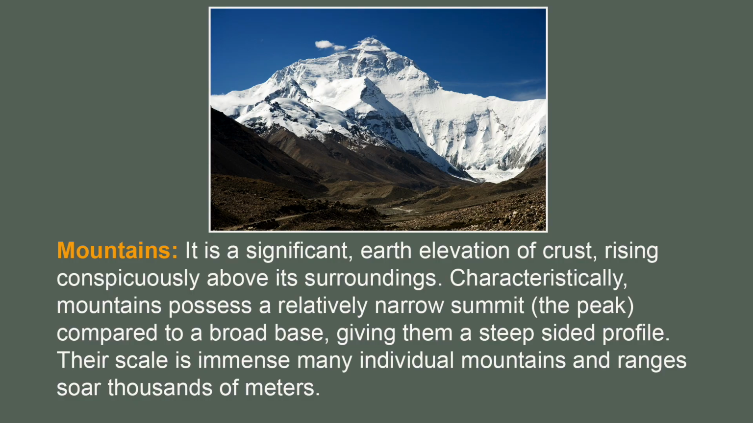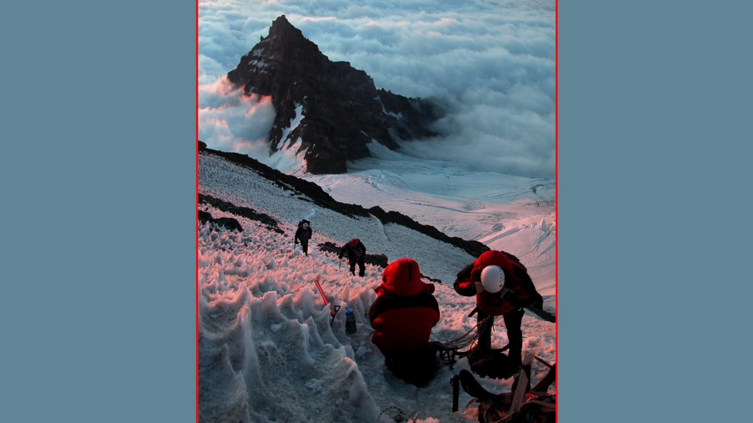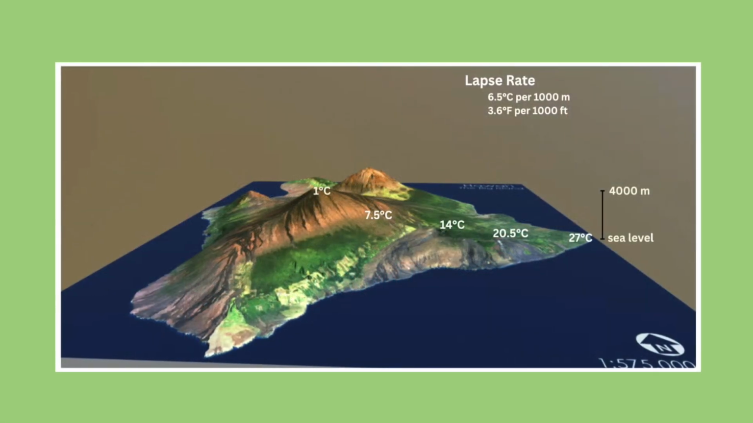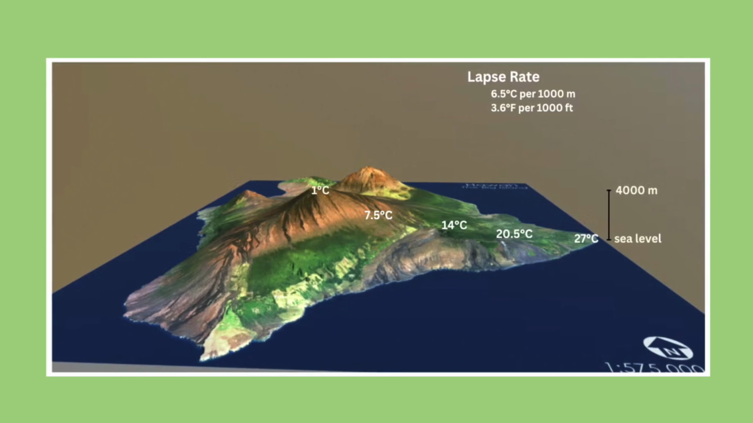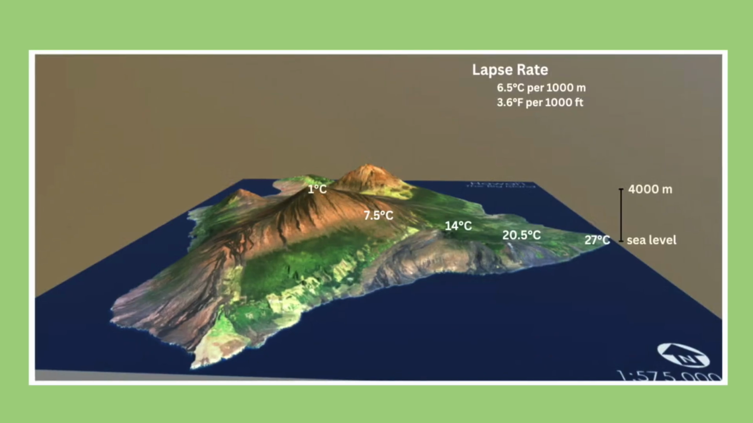Their scale is immense. Many individual mountains and ranges soar thousands of meters. What are the environmental conditions required? Ascending a mountain leads to profound environmental changes. Temperature decreases systematically with altitude, which is the lapse rate, creating cooler, often harsh climates even in equatorial regions. Precipitation patterns change, frequently leading to abundant snowfall at higher elevations. This cold environment allows for the formation and persistence of glaciers, massive, slow-moving rivers of ice that carve distinctive landscapes